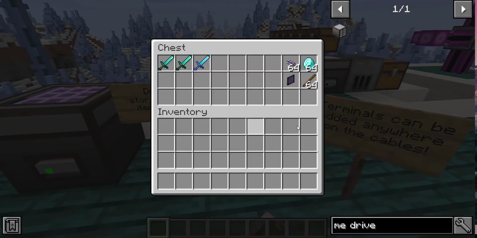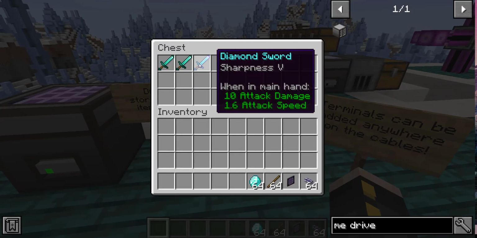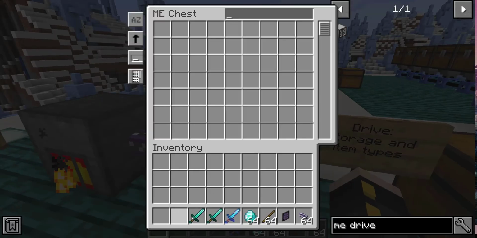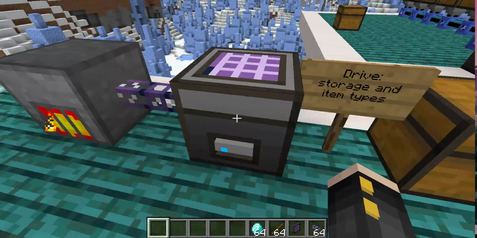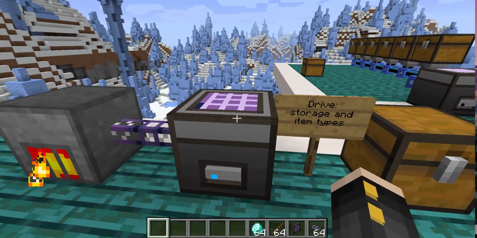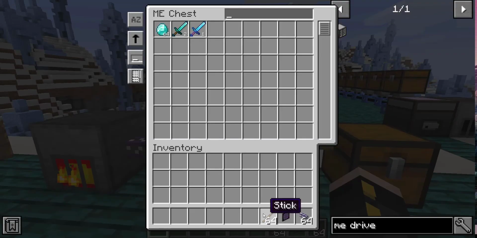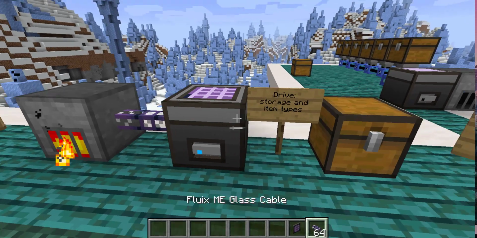Next, we're going over terminals. So I'm going to go ahead and here's this too. The enchantments will use up an extra type. As you can see, that's 2 types used. So next thing, I'm going to put some diamonds and sticks in here, and I'm going to show you how